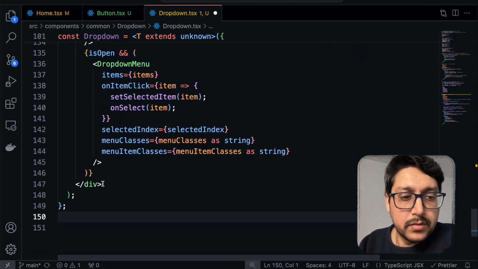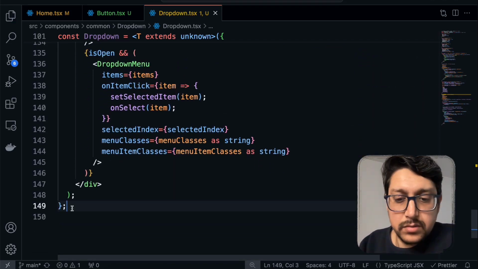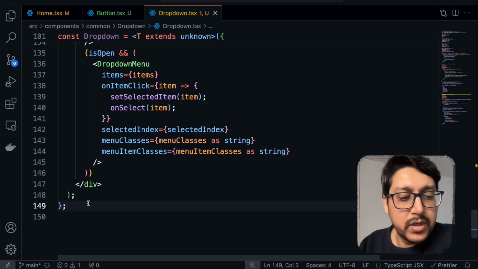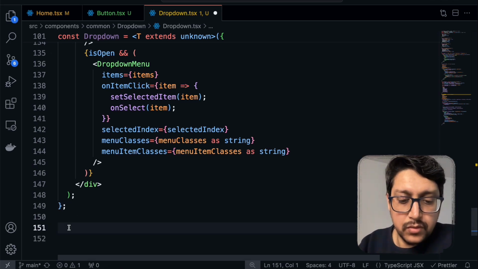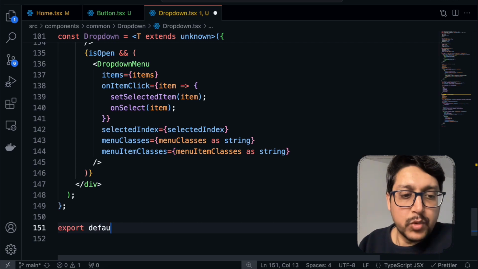Right, so I think that was very easy to create using our already created components. Finally, we just need to do the export,